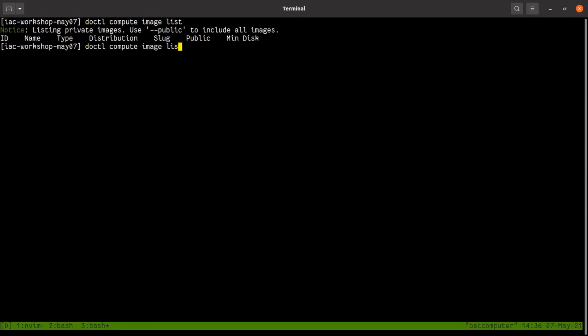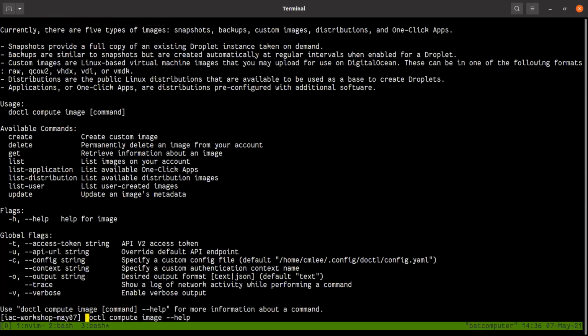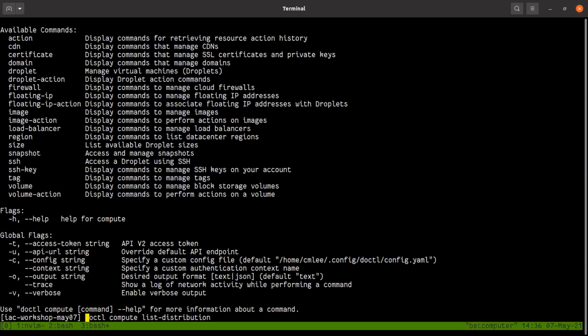Oops, hang on. Help. List distribution. Sorry, compute list distribution. Oops. Compute list image public. Let me just see.